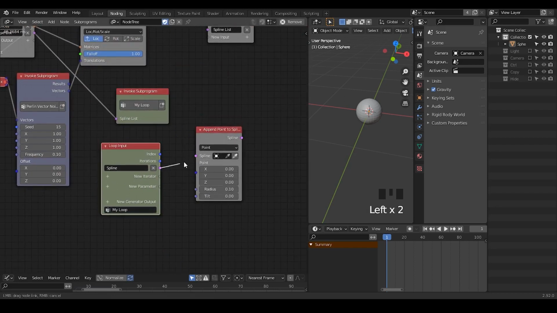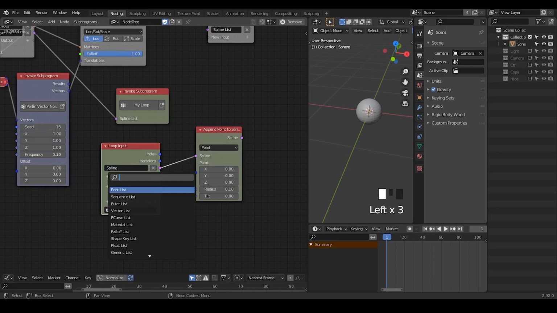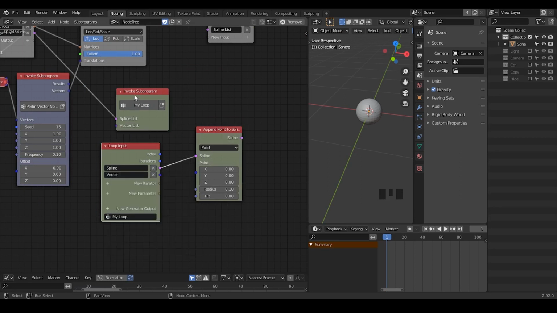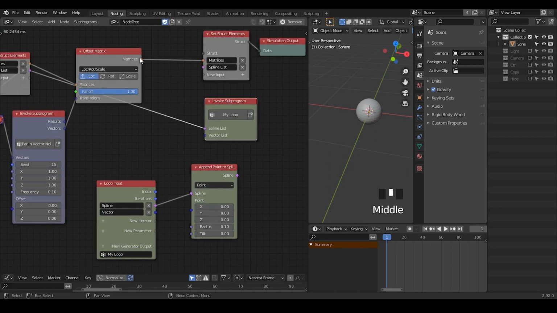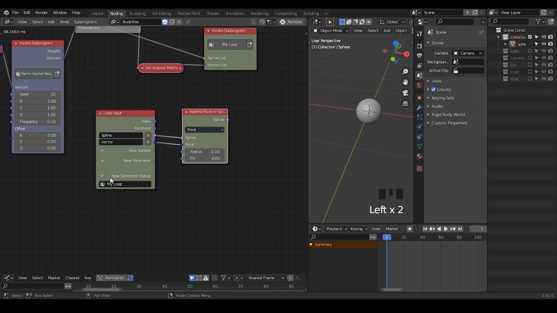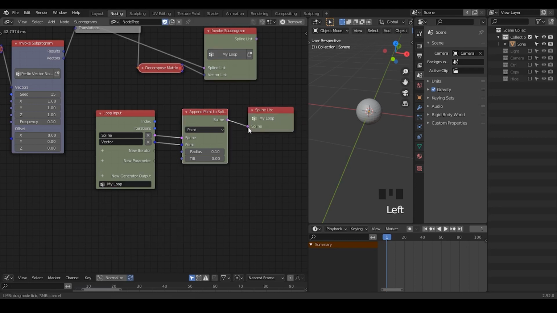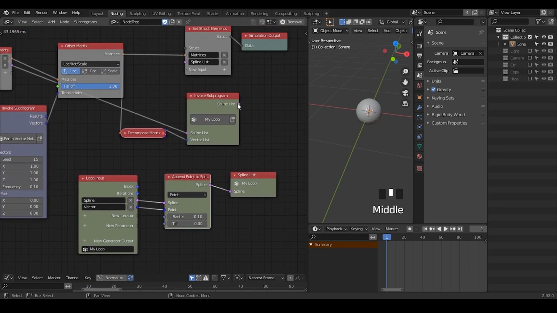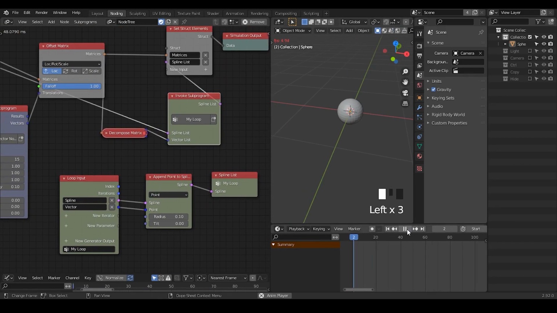Once we have the splines, we also need the vectors. So set up a vector list. We need to put the matrices into vector lists. It will automatically convert itself to decompose matrix. And then we output this spline, and then put the spline list back. So now nothing happens, but if you try to play this animation,